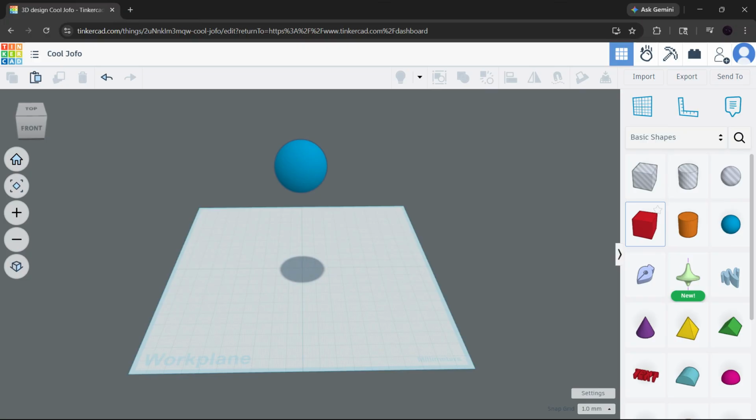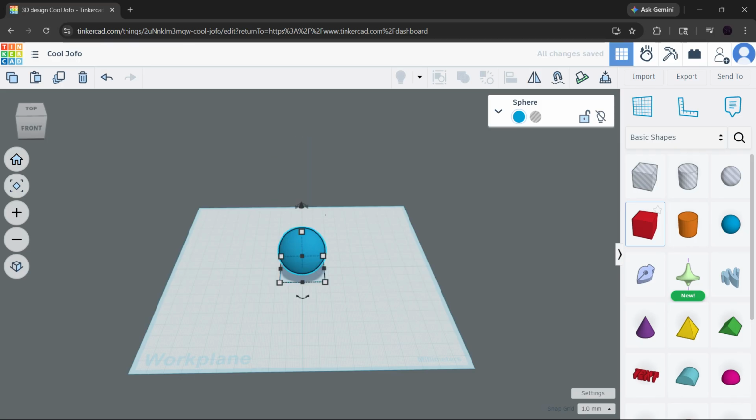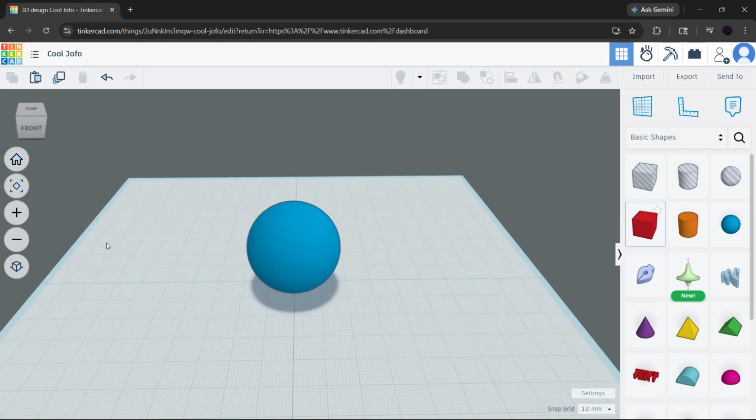To ground the object, click once on the shape to select it. You should see the outline and handles appear around it, which tells you the object is active. Once it is selected, simply press the D key on your keyboard. That's the shortcut for the drop command in Tinkercad. As soon as you press D, Tinkercad will instantly snap the object downward until its bottom surface touches the workplane